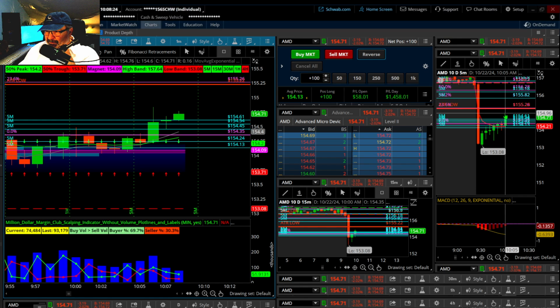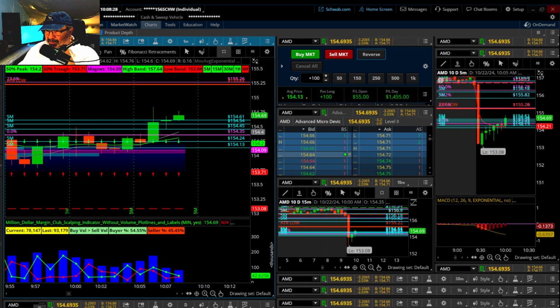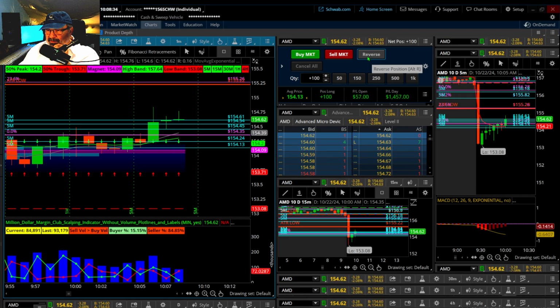If you look over here at the 5-minute and the 15-minute, it's got a long way to go up to retrace. So let's be careful we don't get caught going the wrong way here. But I do want to pocket some of this money, guys. Oh, is it going to drop off again? There's 40. That's a $60 trade on 100 shares. So that's good